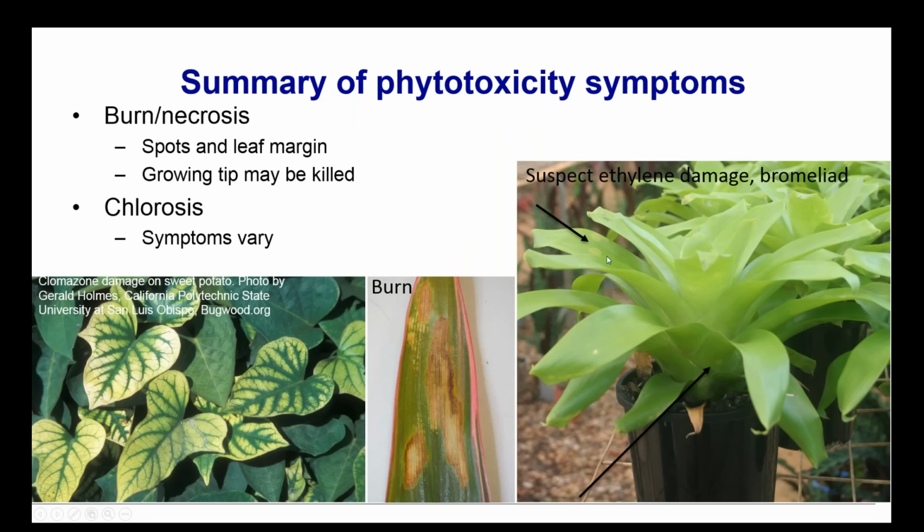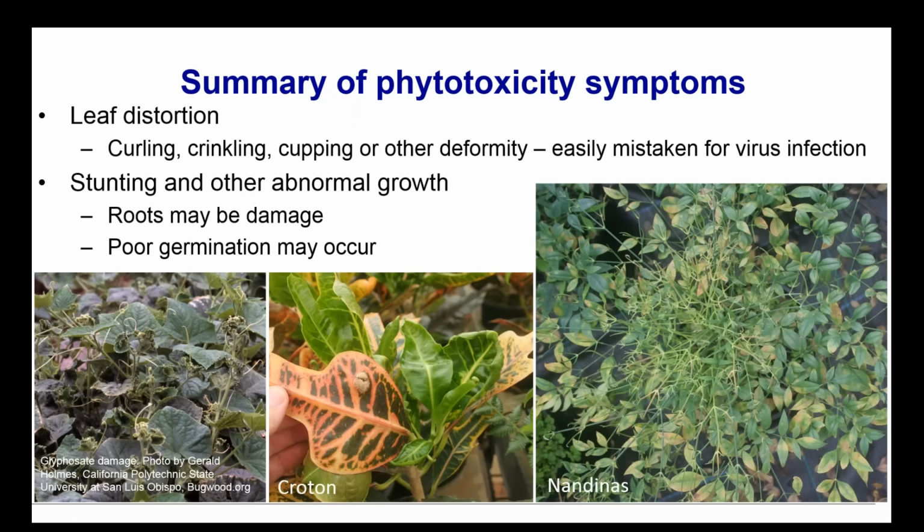Sometimes even ethylene. In bromeliads, ethylene is put on to promote even flowering, and sometimes that can cause some spots, or is thought to cause some spots. It can also cause